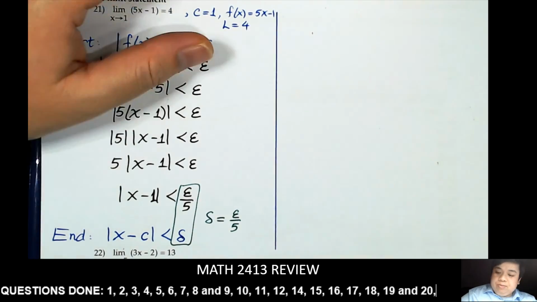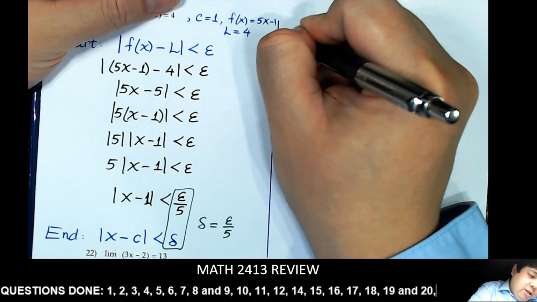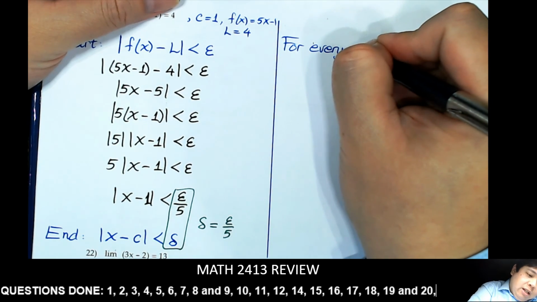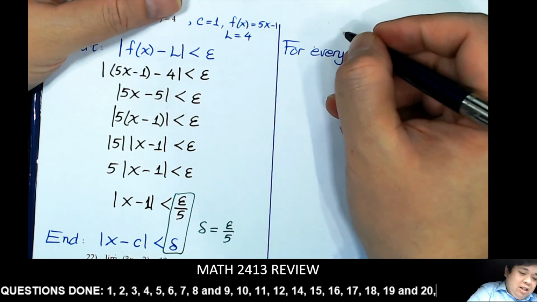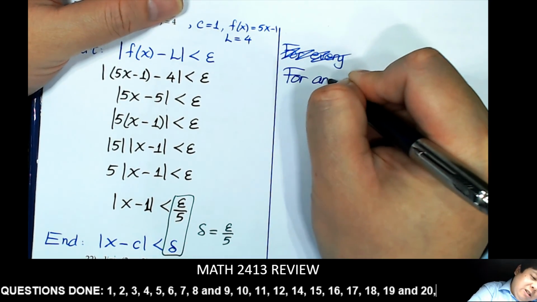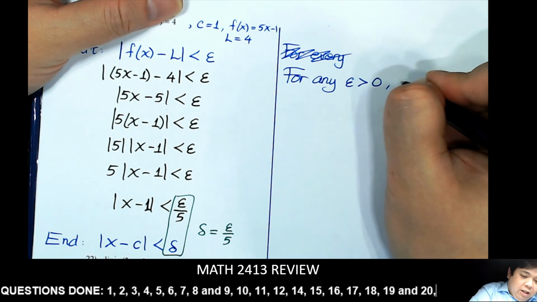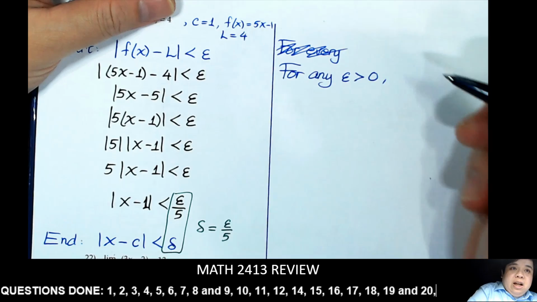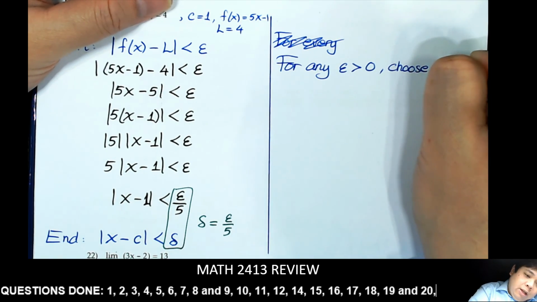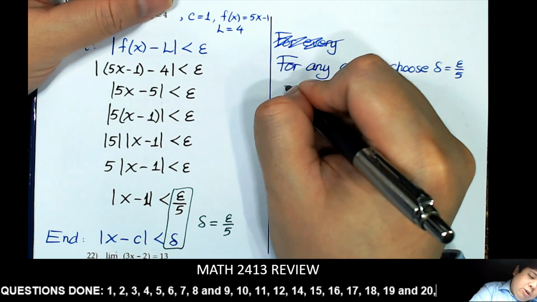So this is the proof. This is just the scratch. The proof is this. For every, or I should say for any epsilon that is positive, we can choose delta to be epsilon over 5, so that